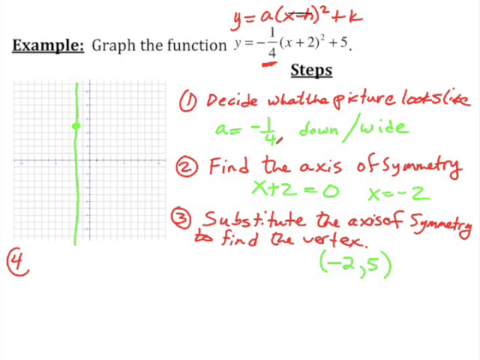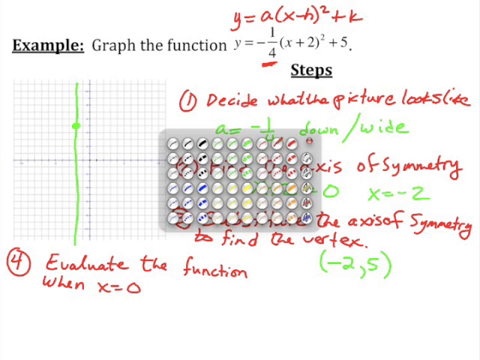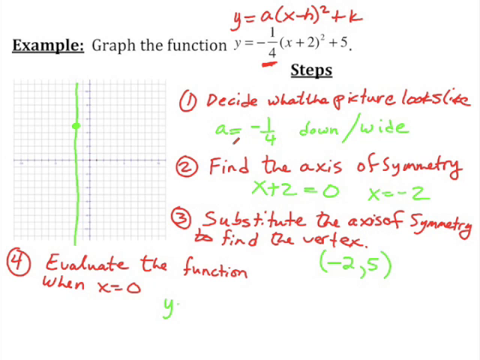This last step gives us one more value that we can plot and then also reflect. You'll see that we have this y-axis wide open. So what we can do is plug in 0 for x to figure out our y-intercept. So let's evaluate the function when x is 0. Remember, if we plug in 0 for x, it gives us a y-intercept. So what that's going to show is y equals negative 1/4 times the quantity 0 plus 2 squared, plus 5,